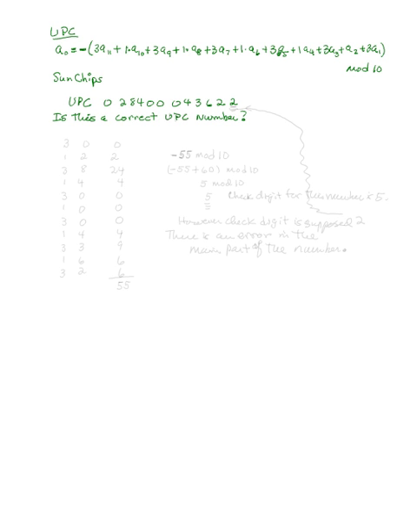So we're going to apply our formula, and again, if you look up at the code, if you write it vertically, you'd have 3, 1, 3, 1, 3, 1, 3, 1. Let's see, that's 2, 4, 6, 8. 313. So those are the 11 digits. And now I'll write down the digits in my main part of the Sun Chips number. So I have 0, 2, 8, 4, 0, 0, 0, 4, 3,